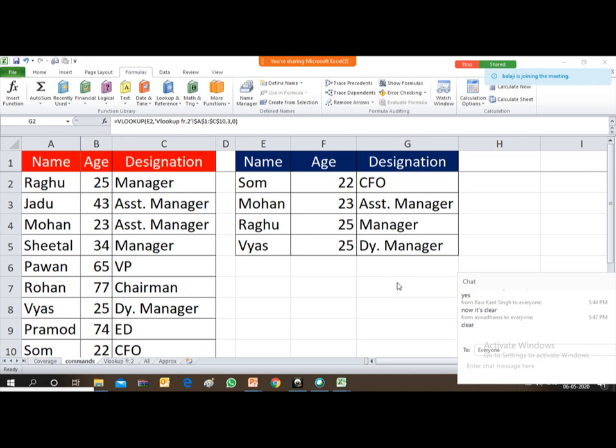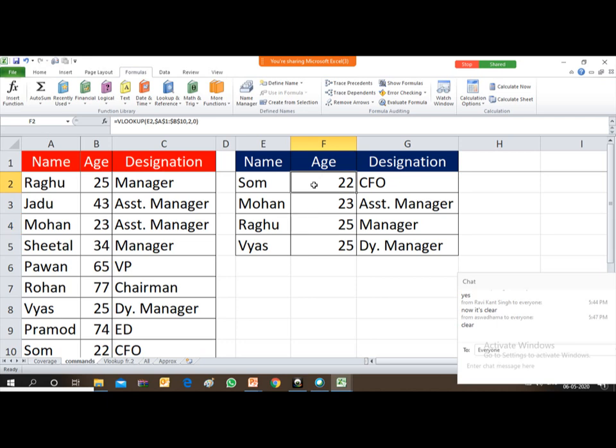Friends, before moving to your next workflow, I would suggest something. Here only the formula is appearing. You can verify that in the formula bar this formula is appearing, but on the face of the cell the data is appearing.